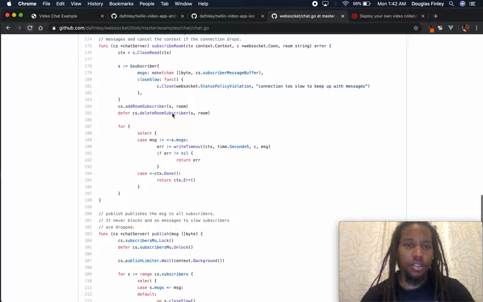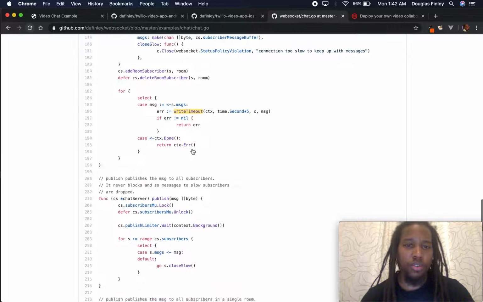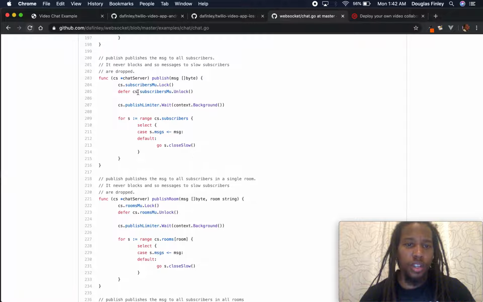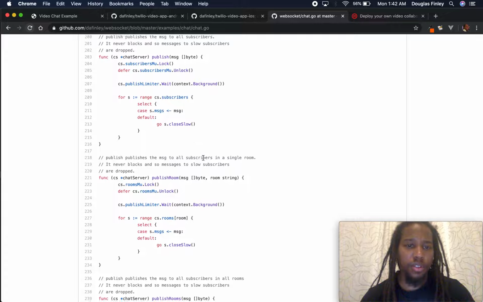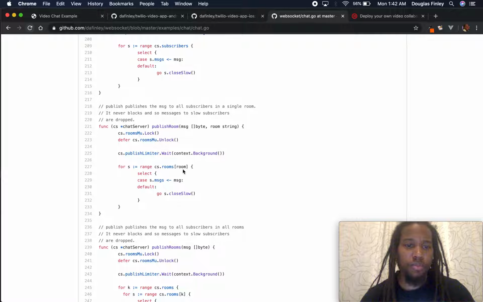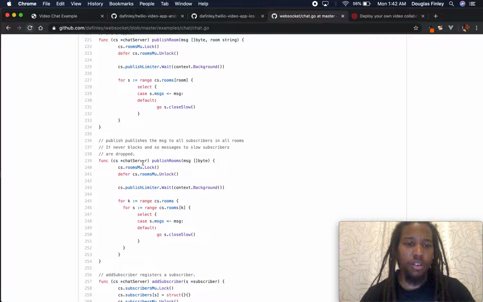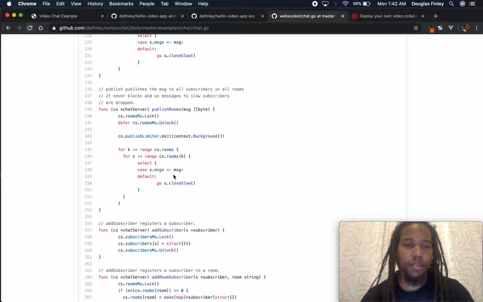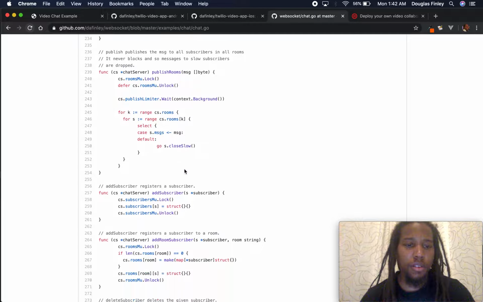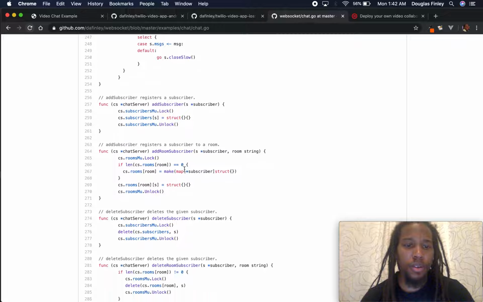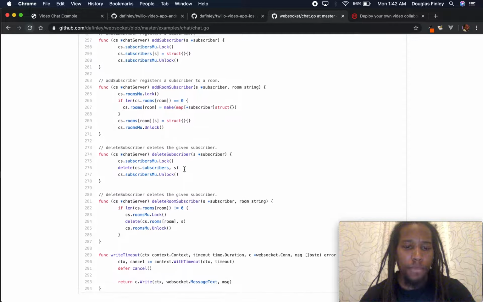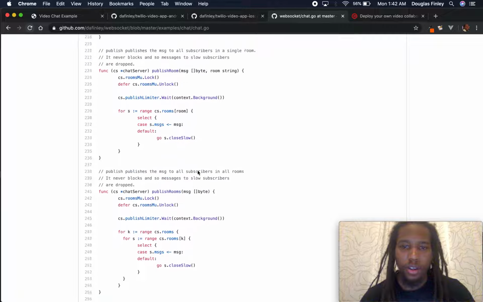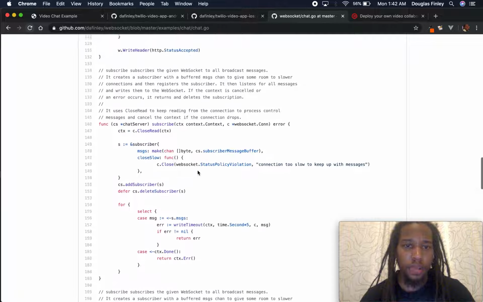And let's see here. So you subscribe, you get added to the room, or you just get added to the regular subscribers, publish to a room. Everything's pretty similar. And then the only difference here on published rooms is that I go through the rooms map and get those keys, and then end up pushing every message into the subscriber for each room. And that's about it. So all of this is open source, and anybody can take it, extend